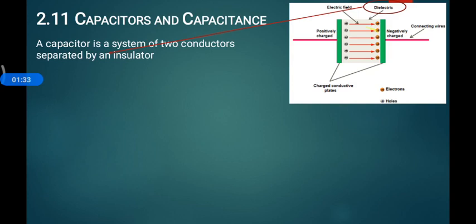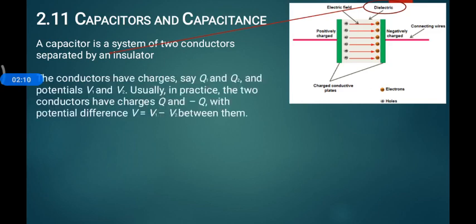Inside, the dipoles cancel, but at the terminal sides the rest of the positive and negative charges stay, and they generate the charge density. Now these charges are on the plates. One plate is positive and the other plate is negative. This separation of charge by the dielectric material on the conducting surfaces is called a capacitor. Okay, I have not yet delivered any kind of information regarding the capacitance.